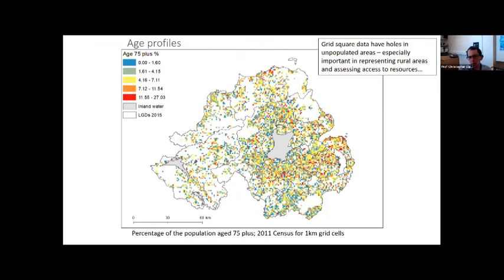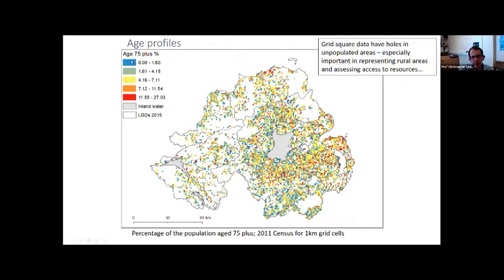So as I said, the project was concerned with age and aging. This is a map of the percentage of the population in 2011 who were aged 75 or older. I emphasize again that age and aging are not the only facets of concern if you're interested in dementia, but it's something that's fairly easy to capture and that we know is an important element. So it makes sense to focus on it.